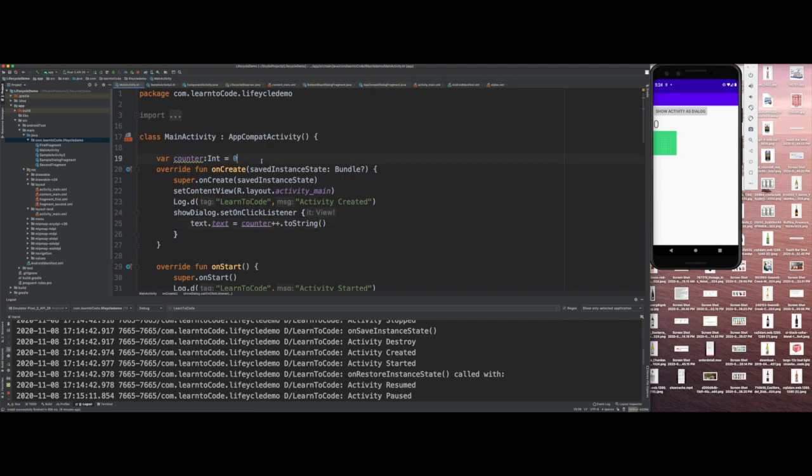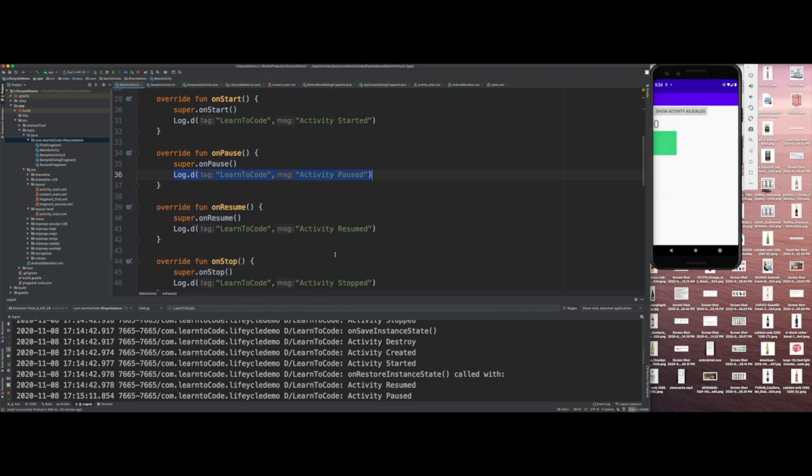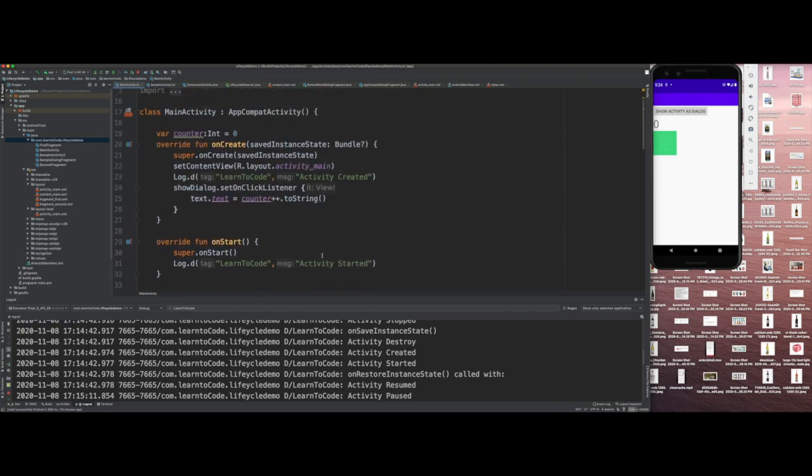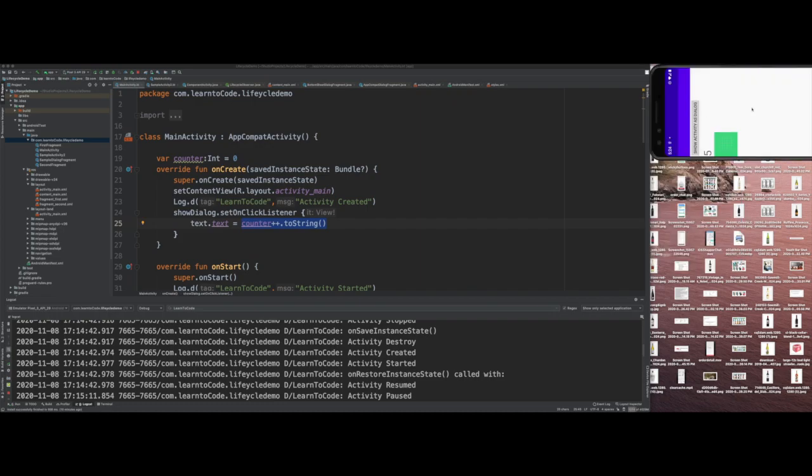So here is a quick example. Back to my sample app, where I have all the logging of all the lifecycle states. The thing about maintaining state is, for example, right now I have a button which increments the count. If I just do this, incrementing my count, 1 2 3 4. Now if I rotate this device,